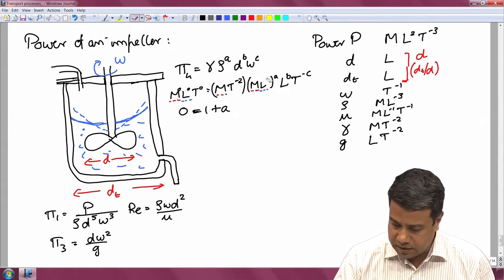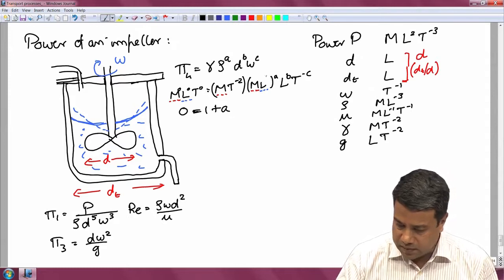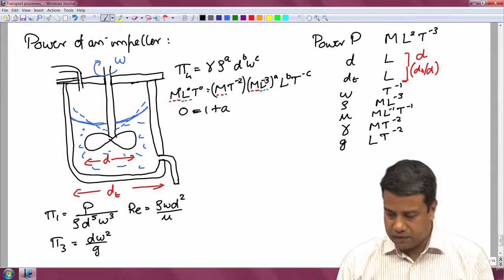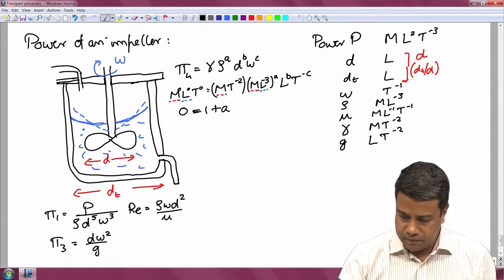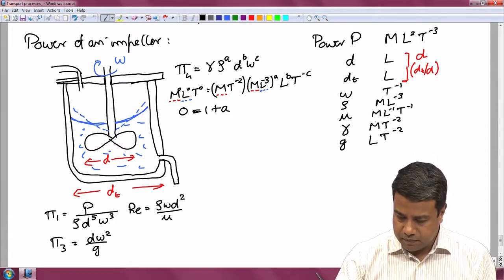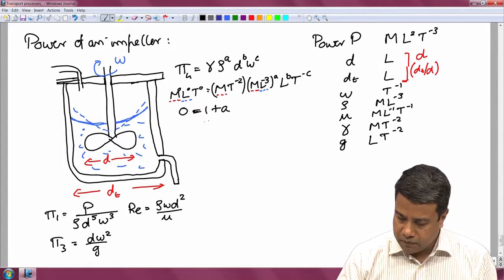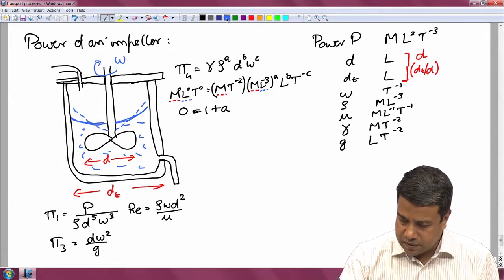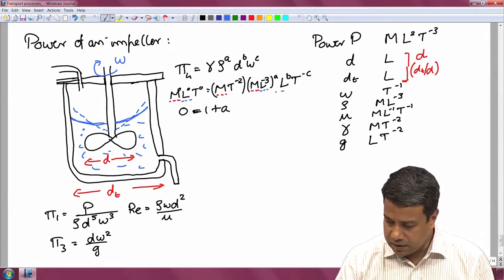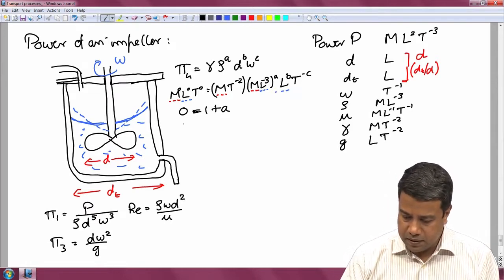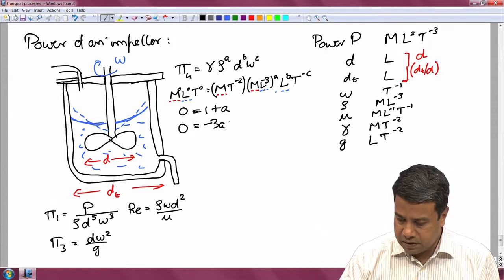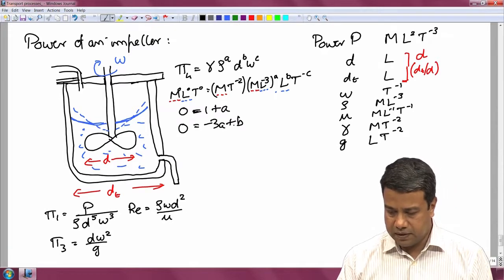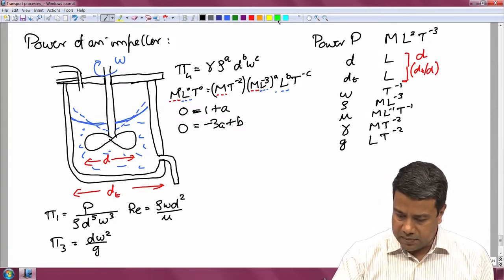Please correct that. This should be length power minus 3, mass per unit volume. So, for the length dimension, I should get L power minus 3, L power b. Therefore, 0 is equal to minus 3a plus b. And for the time dimension,